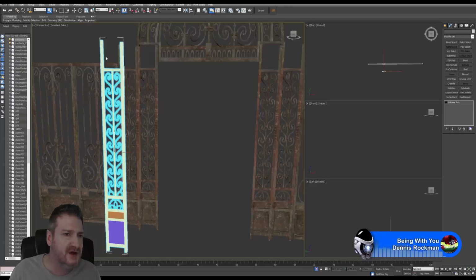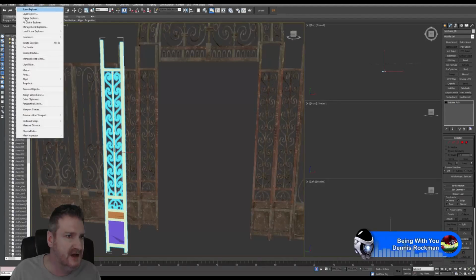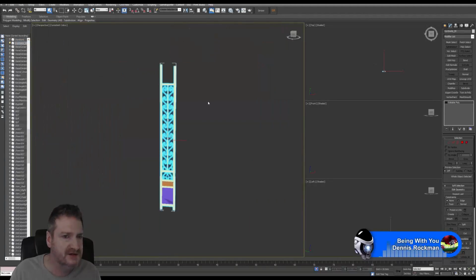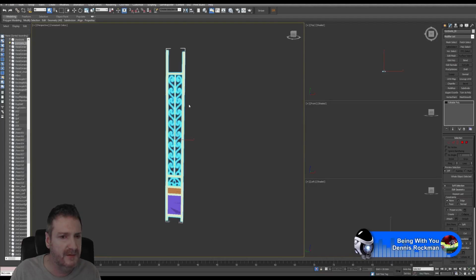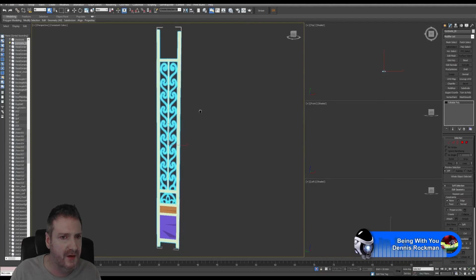Let's select our original ID copy here and let's isolate it again. It just makes life a bit easier. All right, now we're going to have to UV map this, and you can't have overlapping UVs if you're using multi-materials. So if you're going to be using a multi-material in Substance Painter,